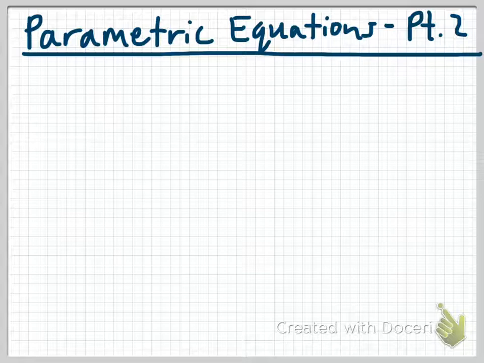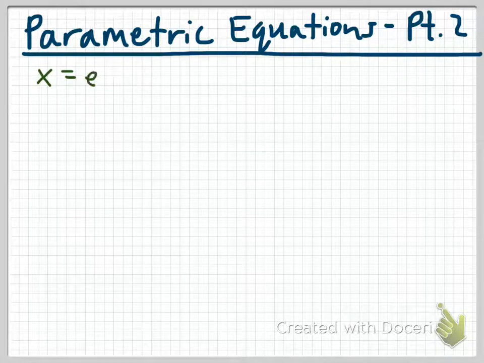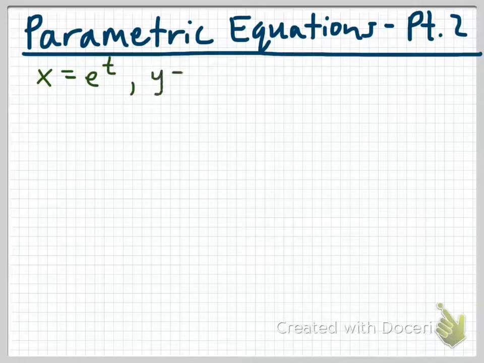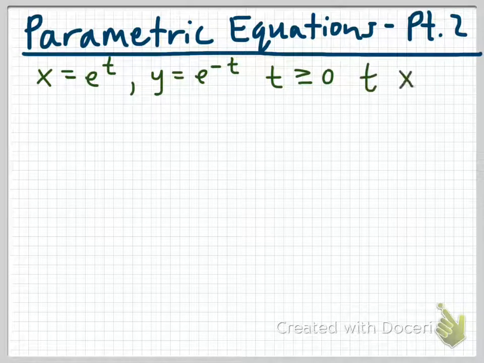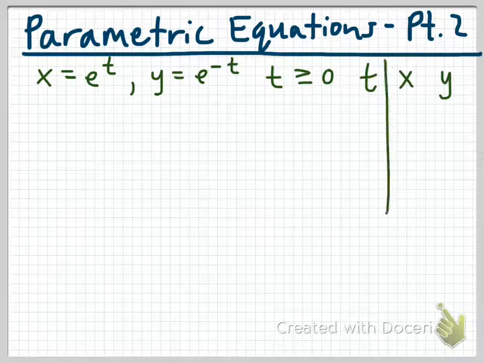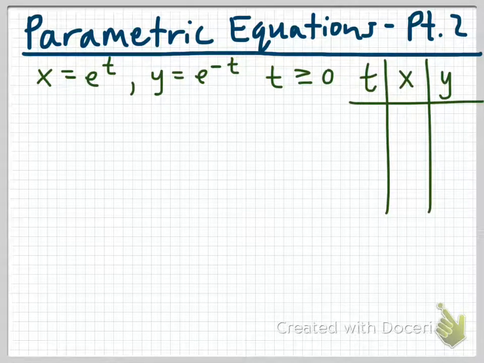And we're going to start with an example in which x is equal to e to the t, y is equal to e to the negative t, and t is greater than or equal to 0. So our goal here is to, without our calculators, be able to figure out how to draw the graph of these parametric equations. And we're going to start the way we have started before, in which we make a t, x, y chart. And so this should be second nature to you. If you want to graph them by hand, you'd make a t, x, y chart,